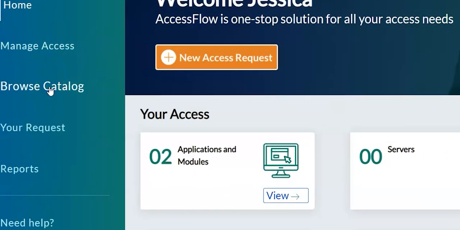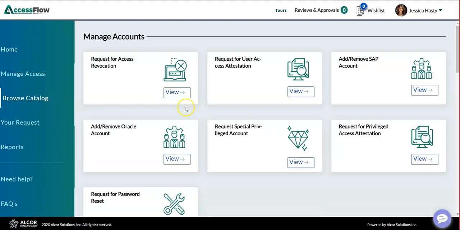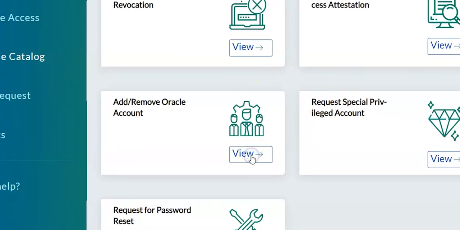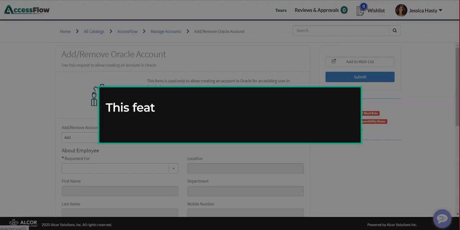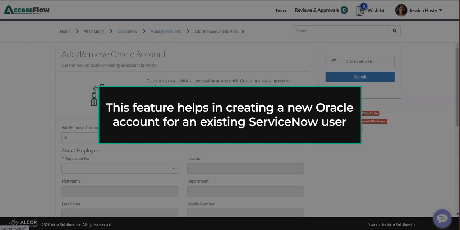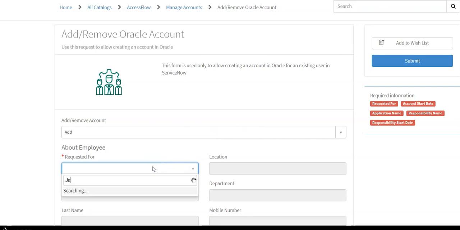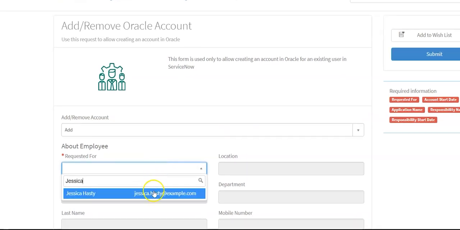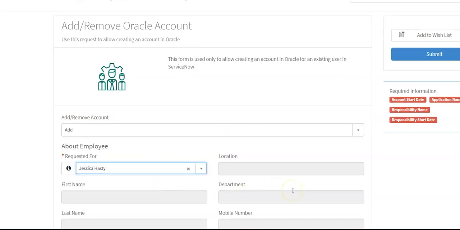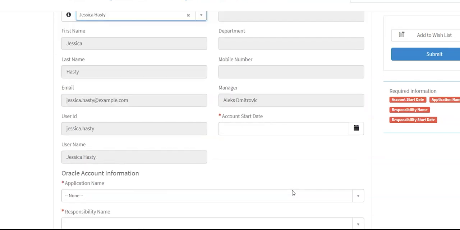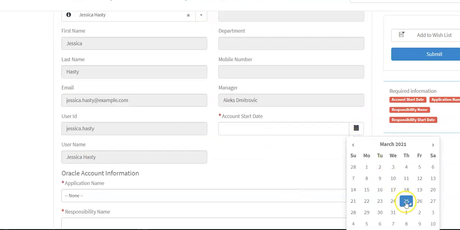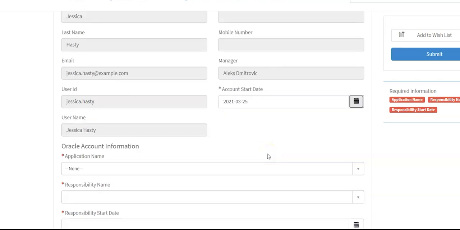Navigate to the Browse Catalog tab on the Access Flow portal, then click on Add or Remove Oracle Account category. This feature helps in creating a new Oracle account for an existing ServiceNow user. Now enter the user whose access you have requested to add